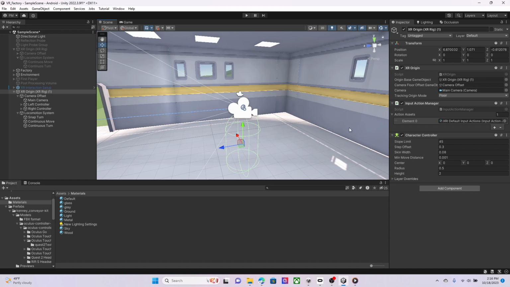And we'll learn how to do some different things to kind of automate this sort of process and to connect up the character height to the height of your headset and some stuff like that. But for right now, we'll just leave it as is, just so you can get moving around your scene. But yeah, so we have the character controller now on our XR origin, and the only thing we need to do now is to